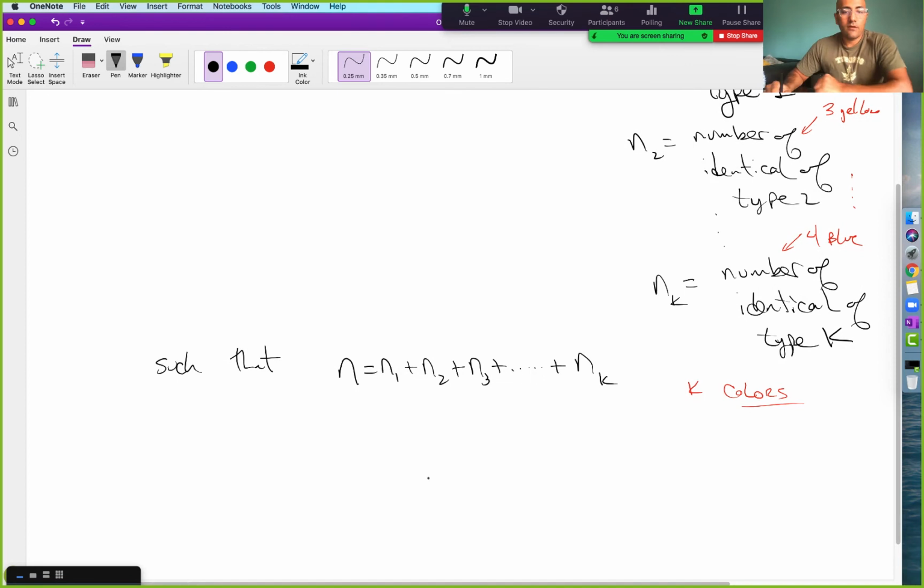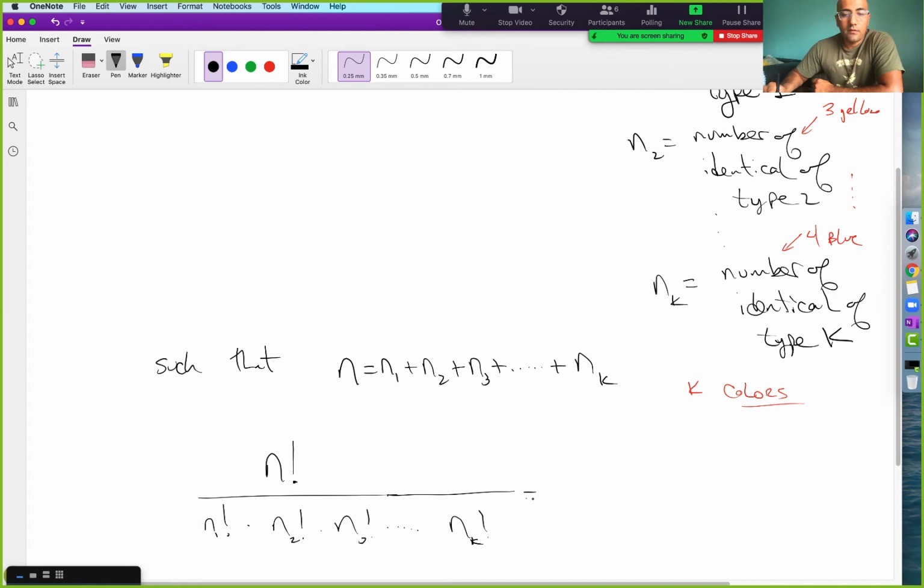Then there are n factorial over n sub 1 factorial times n sub 2 factorial times n sub 3 factorial, dot, dot, dot, all the way out to that last colored marker, n sub k factorial, number of ways